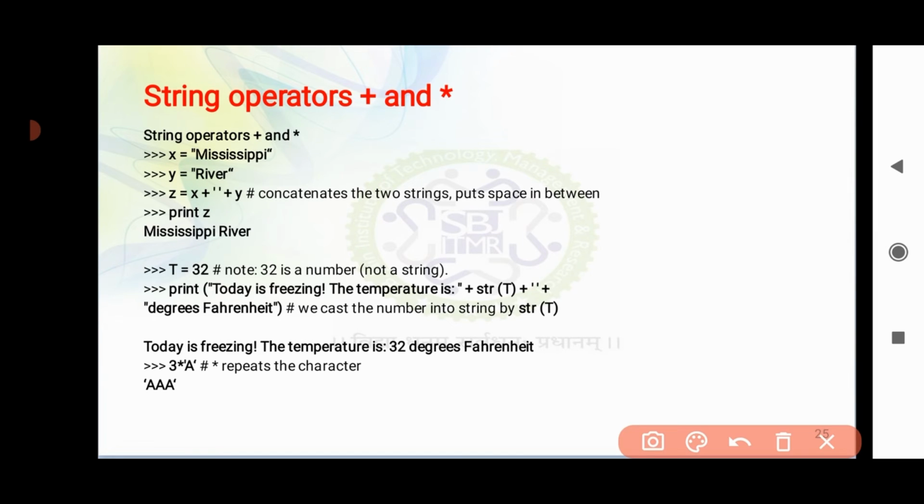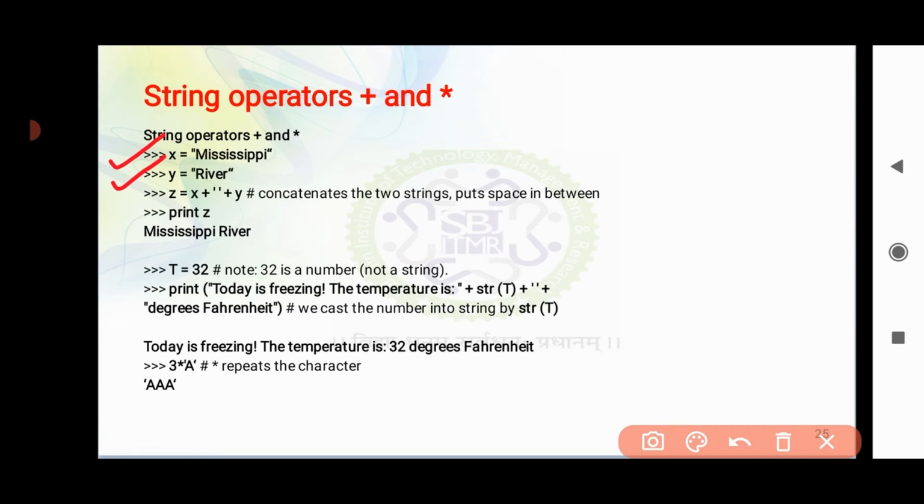If you see the example here, the first string, Mississippi, is assigned to X, and the second string, river, is assigned to Y. The third operation is Z is equal to X plus Y.